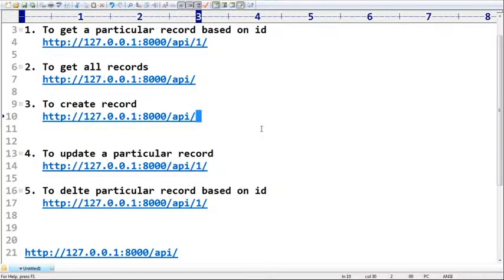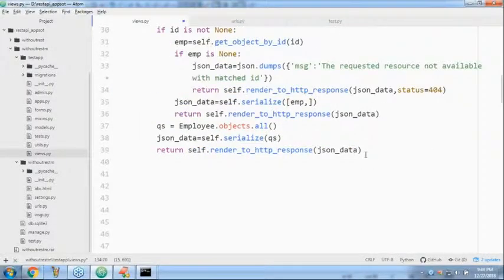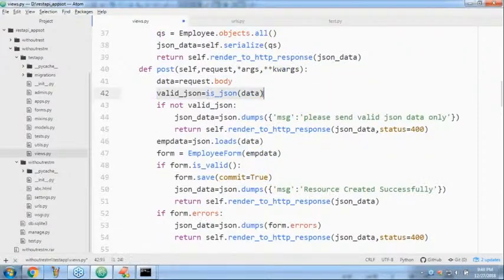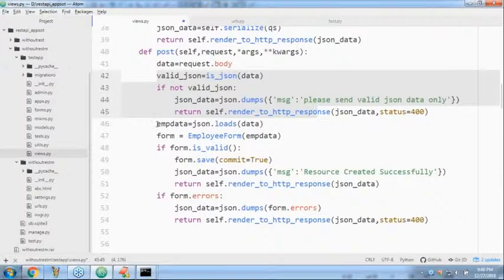Now have a look once. This is our employee CRUD CBV. Now I'm taking the post method. First get the data. Observe that carefully, sir. Next, is it JSON or not? If it is not JSON, please provide valid JSON only. Otherwise, EMP data